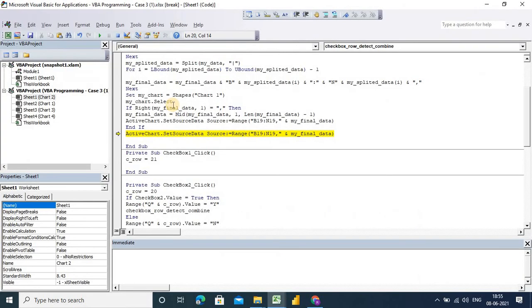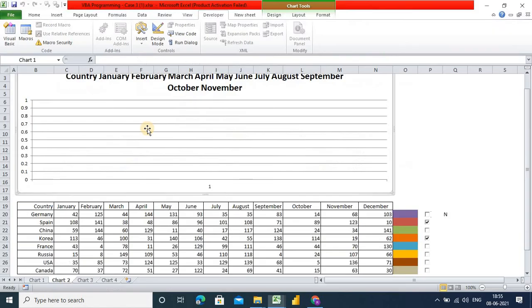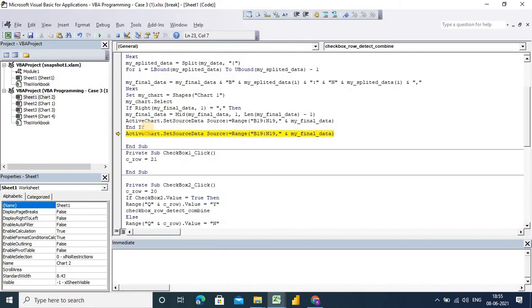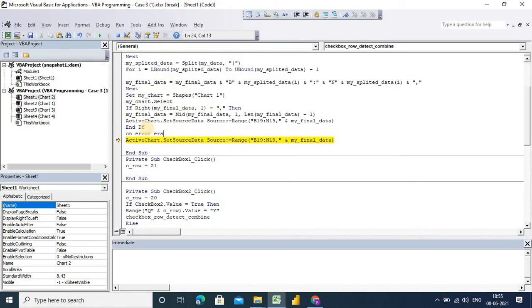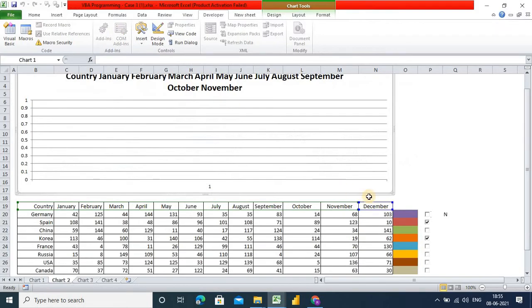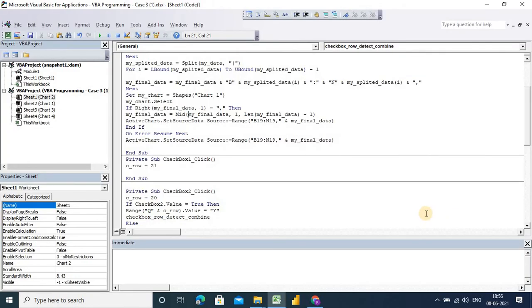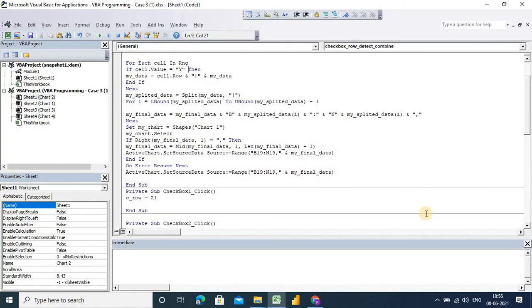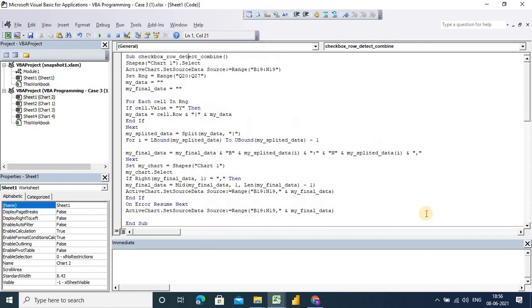Yeah, because there is no range, so that's why it's showing here. No chart here, so same thing will be applicable for this. Now I am repeating all this again because it is a little bit confusing.